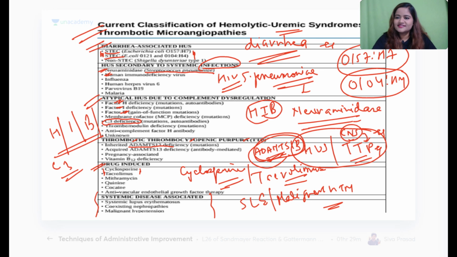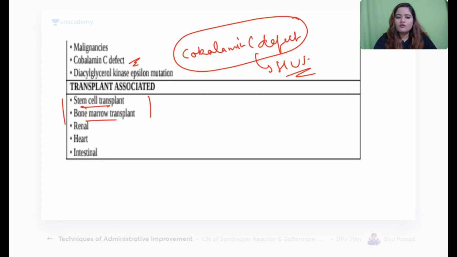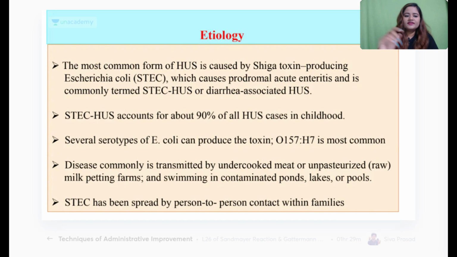So these drugs are very very important and you should be very clear with it। Then after this you have got systemic disease associated problems like SLE, malignant hypertension and cobalamin C defect, and most importantly transplant reaction। So अगर इन सारे causes में से any cause you find out of history and the patient has classical presentation of thrombocytopenia, microangiopathic hemolytic anemia and renal injury, that is deranged KFT, then you can diagnose the patient as HUS, ठीक है। So etiology, as we have already seen out of the chart,